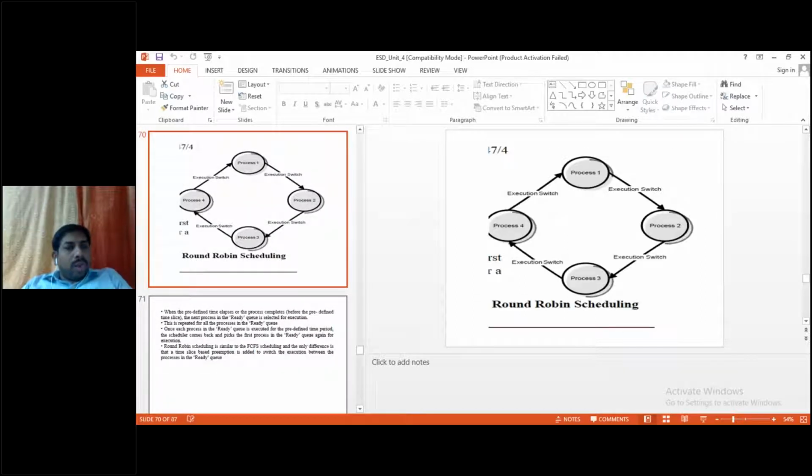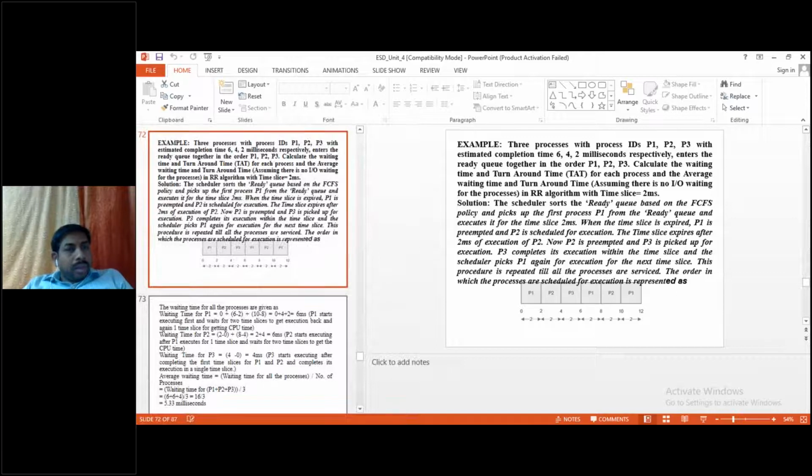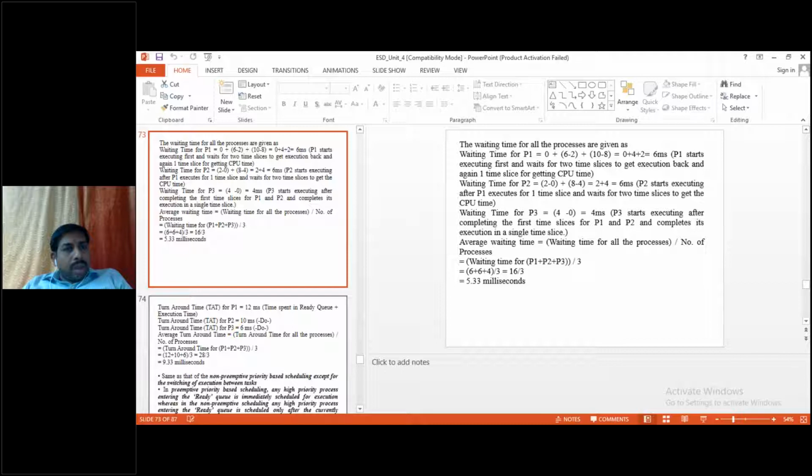So you can also go for round robin scheduling where process P1 execution switches to P2, P2 switches to P3, P3 switches to P4, and once P4 execution is over, it is switching to P1. And this is one more example where the round robin algorithm is implemented: P1, P2, P3, again P1, P2, P3. Each process is given an exact time slice of 2 milliseconds,